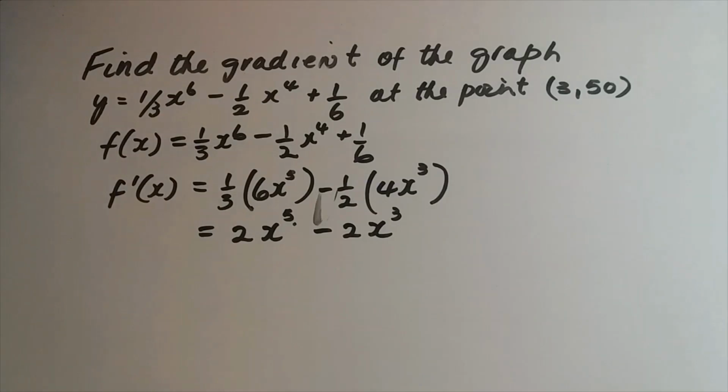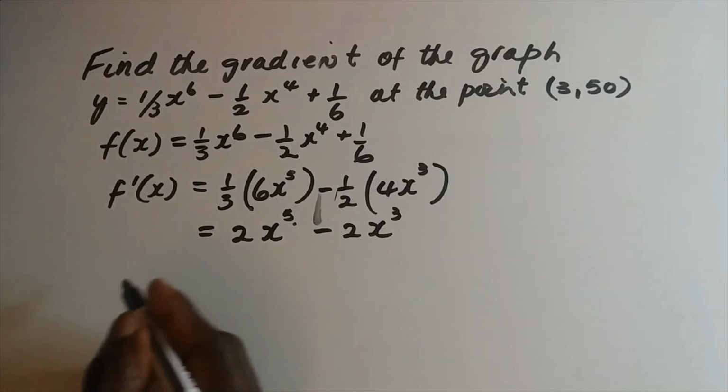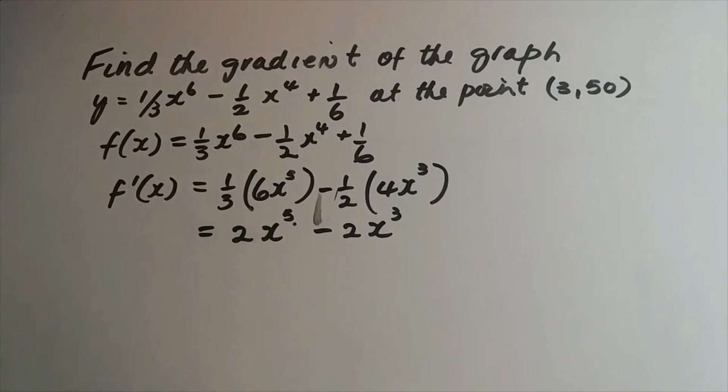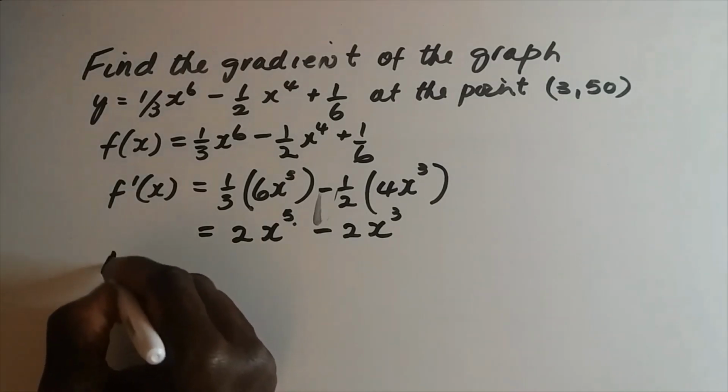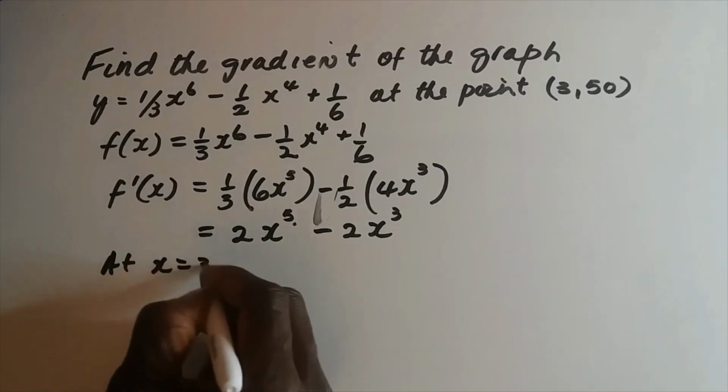Now we need to find the gradient at that point. Now the point 3, 50 of the graph y is equal to f of x corresponds to x equal to 3. So this is a question that is simply asking to find the gradient of the graph at the point x, or just at x equal to 3. So at x equal to 3,